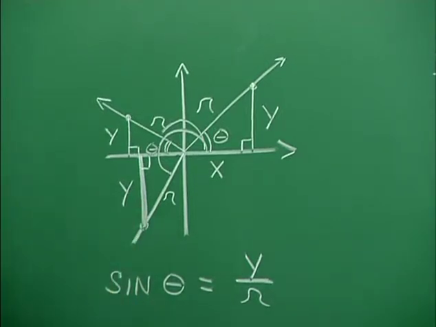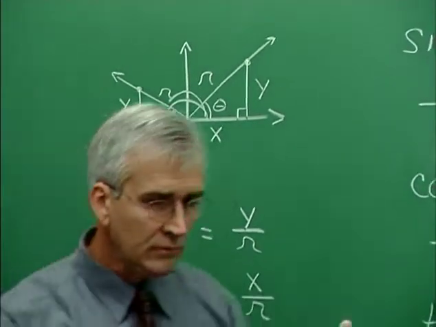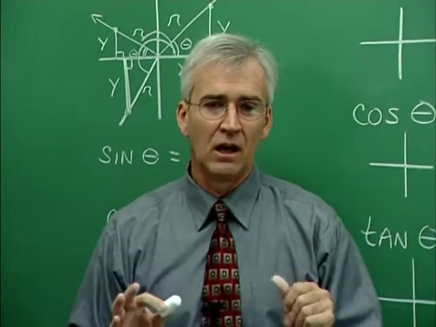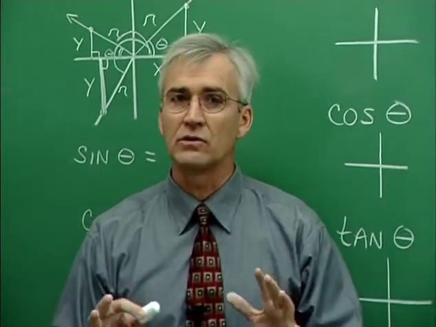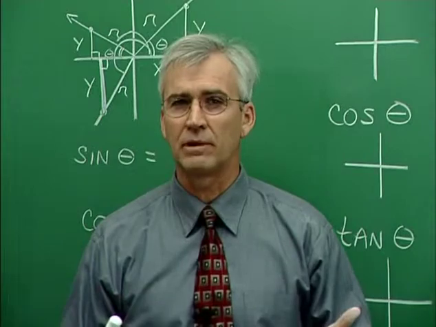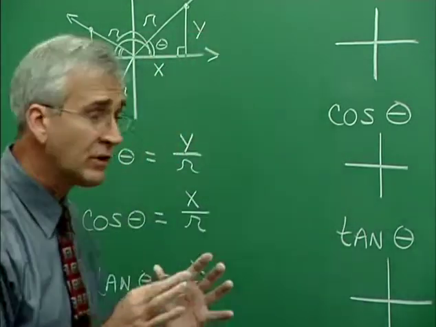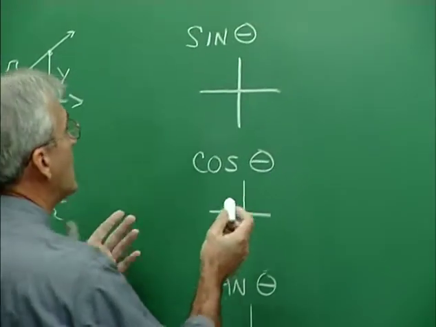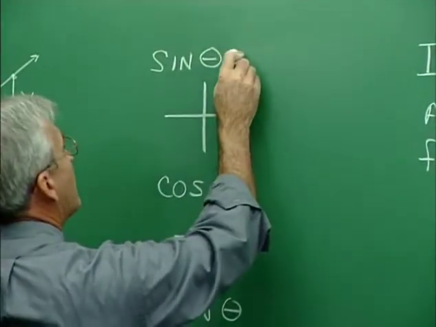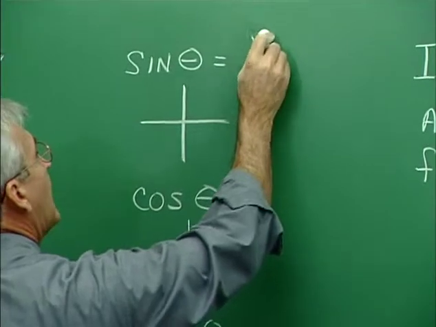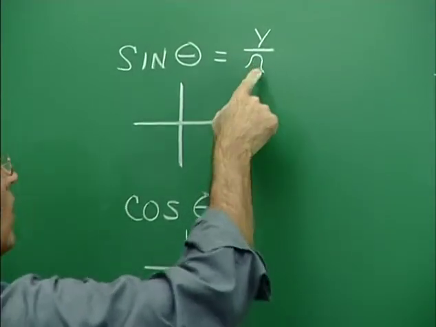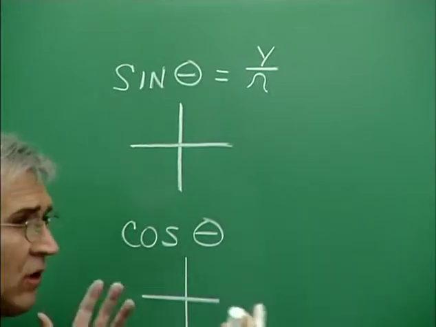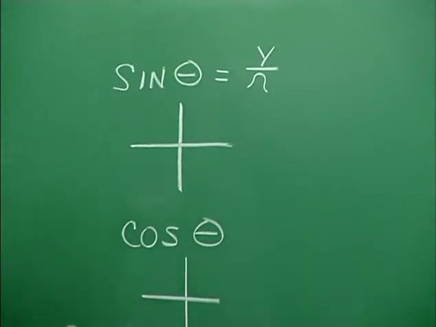Okay, now with that in mind, let's talk about the sign, S-I-G-N, of our trig ratios as we move around the coordinate plane. And it turns out that that sign changes from quadrant to quadrant. Now we know that sine theta is y over r. Now r is always positive. We'll consider it to always be positive because, if we're thinking about using the Pythagorean relationship to find r,